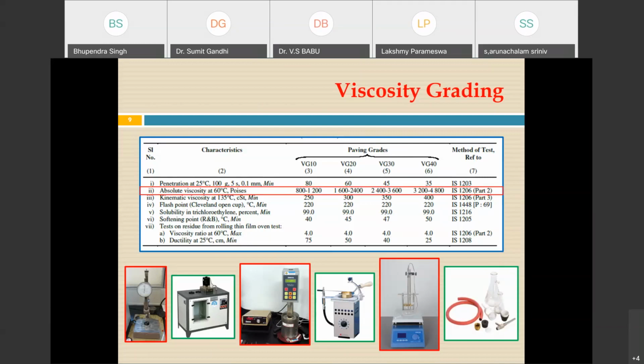our binder. Apart from that, we perform the penetration test also to check the consistency. Kinematic viscosity at 135 degrees Celsius is also found out because 135 degrees Celsius is generally the manufacturing temperature. So we want to check what the viscosity is at that time, which is important from the workability point of view. Flashpoint test is conducted from the safety point of view. Solubility is checked to check the purity of the bitumen, because if our bitumen is pure, then it will be totally soluble in trichloroethylene. So that is why this test is conducted, and the limit, you can check,